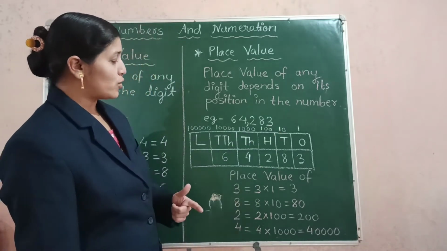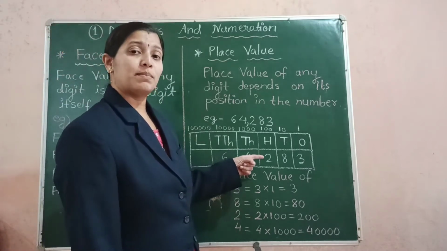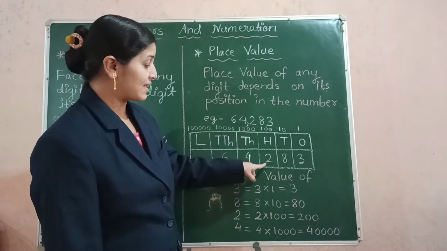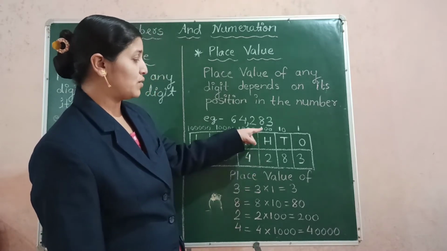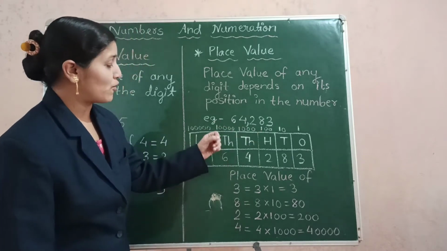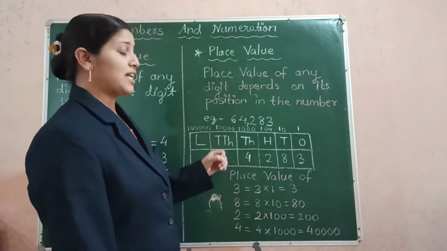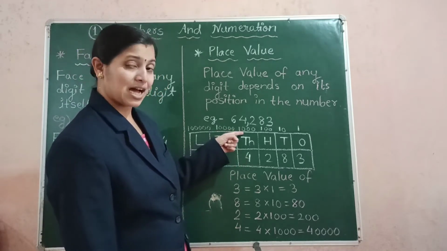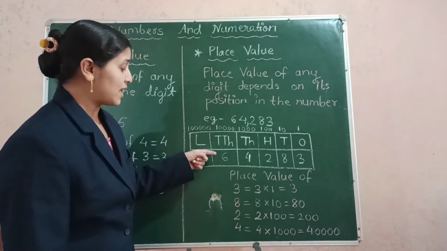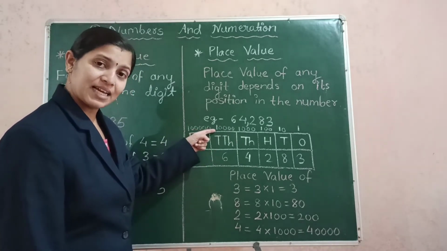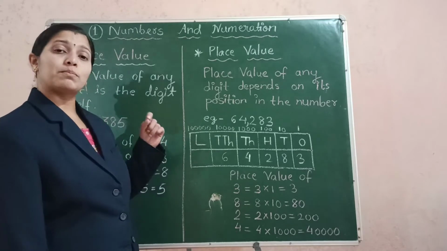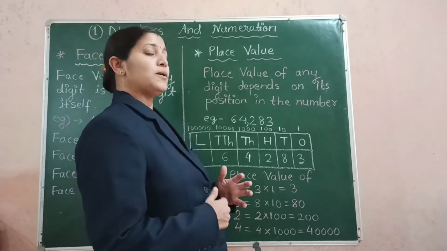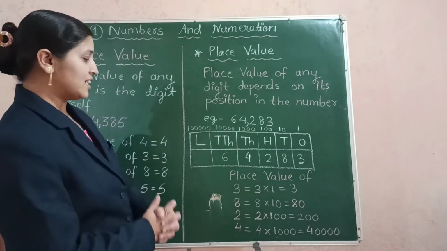Okay. So also, if you are asked to find the place value of any digit in hundreds place, you have to multiply that digit with 100. In the same way, if you are asked to find out the place value of a digit in thousands place, you have to multiply that digit with 1000. In 10,000s, that digit has to be multiplied by 10,000, and in lakhs, you have to multiply that digit with 1 lakh. So this is the way how to find out the place value of any digit.